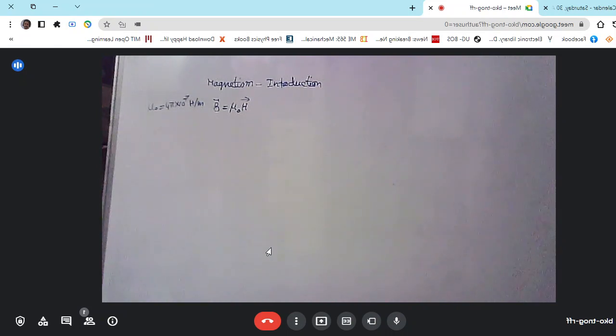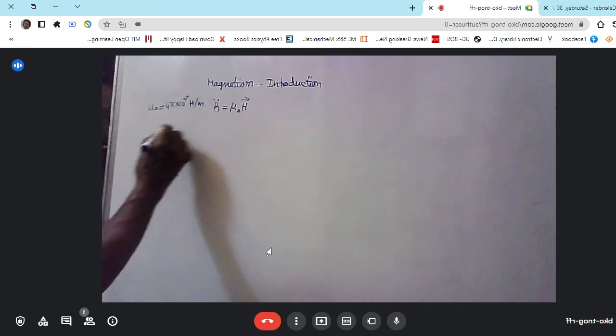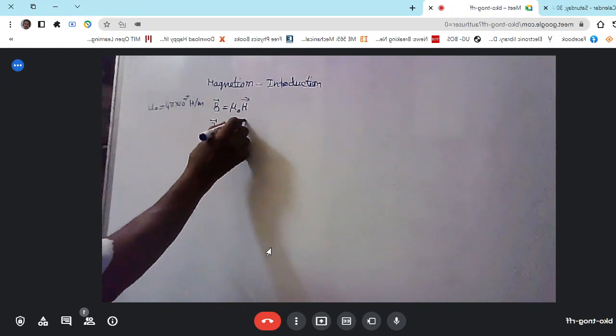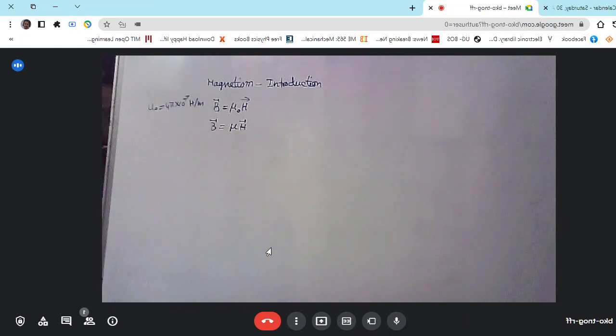The unit of H is ampere per meter. If I have some magnetic material, something other than air, then I will have the relation B equals mu into H, where mu is a constant or the permeability of the substance. But you must know that